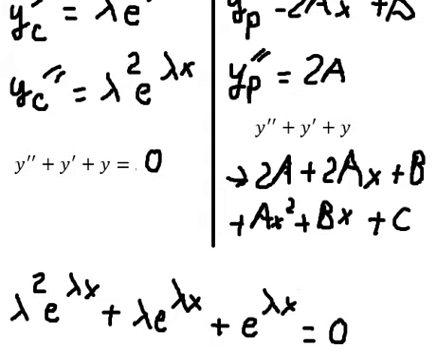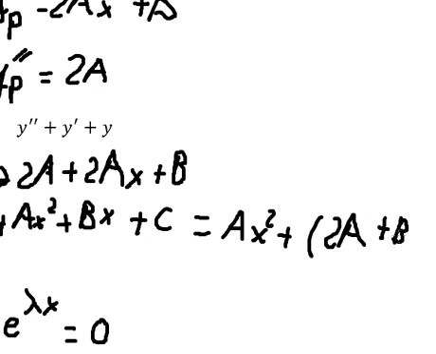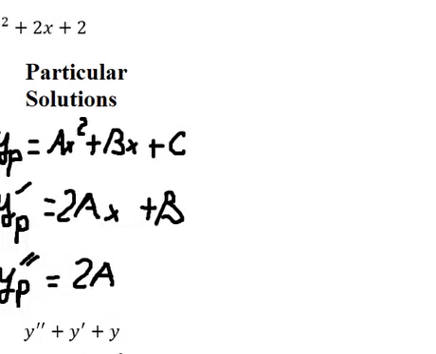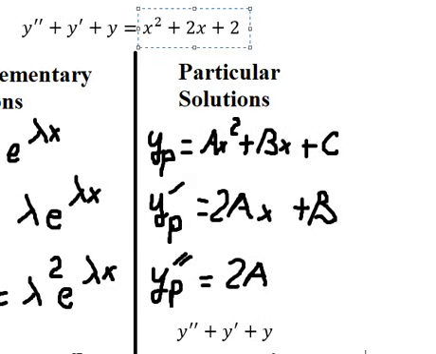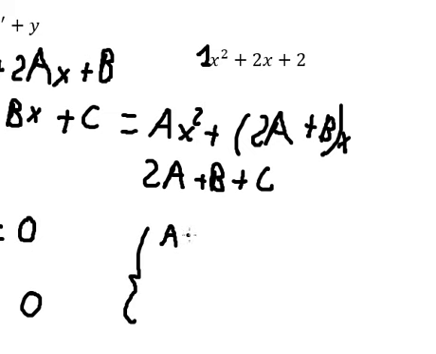Now, we need to arrange based on the terms of s. For s squared, we just have a. For s, we have 2a plus b. For the numbers, we have 2a plus b plus c. Now we need to compare coefficients in here. So for this one, we have 1, so a equals 1. This one we have 2, so 2a plus b equals 2. And the last one,